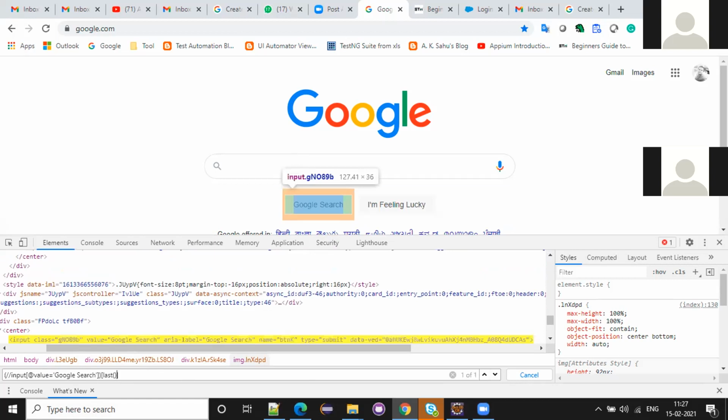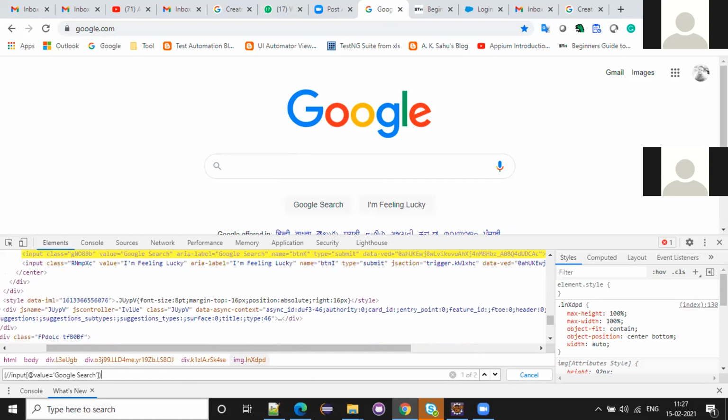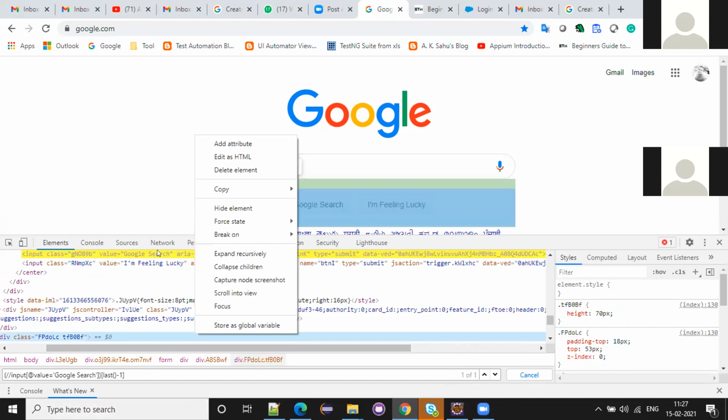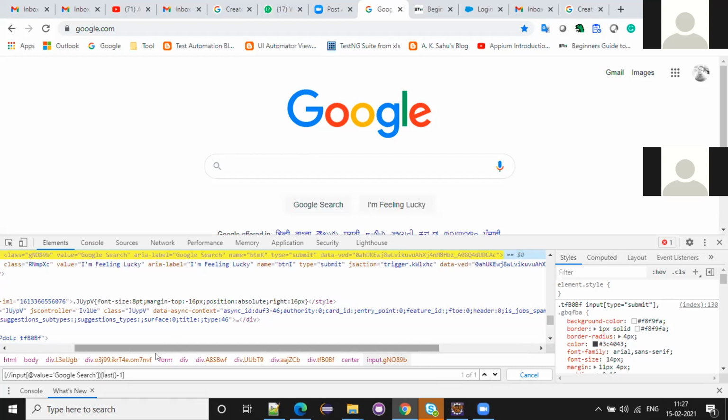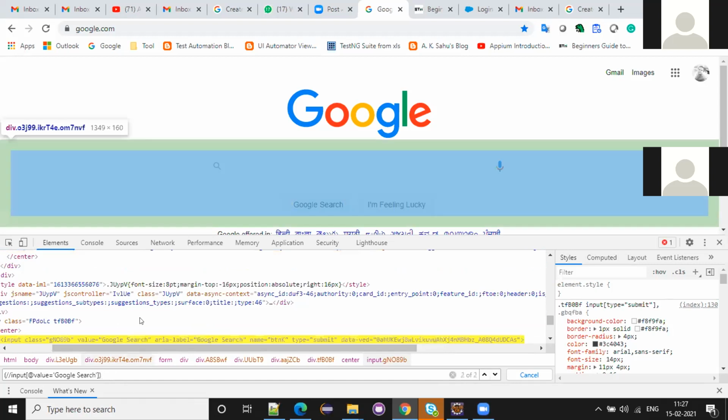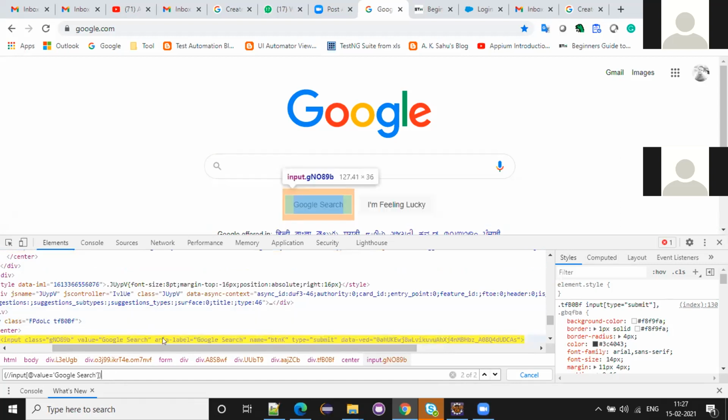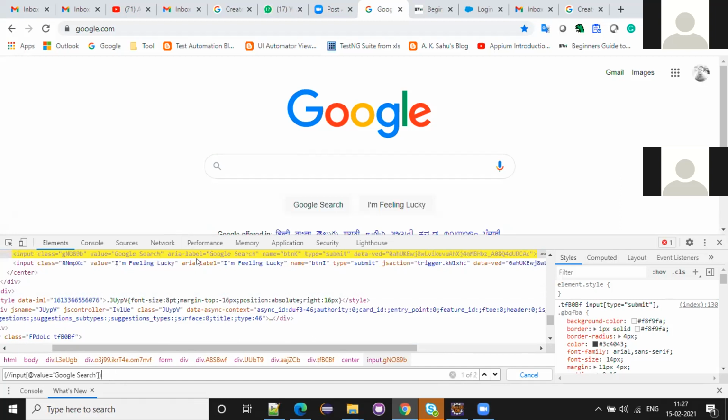Okay, if you use it directly it will give 2. If you give minus 1 it will give the second one. See, for example, this is the one. See, this is the first one, second one, sorry, this is the first one. If you put this last minus one, first one will come, right?